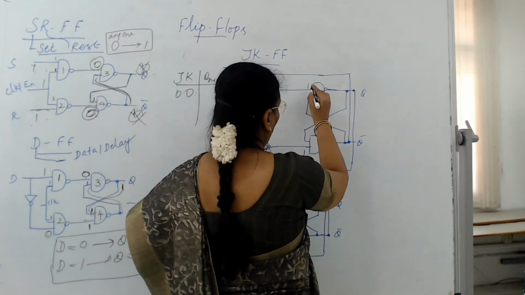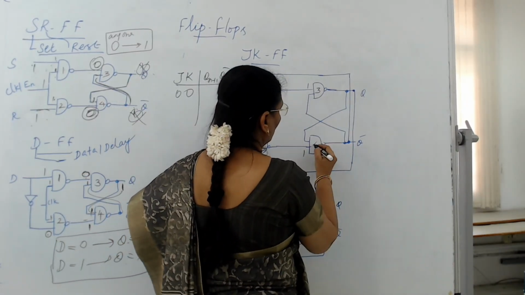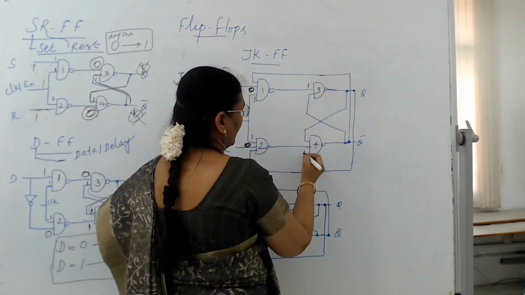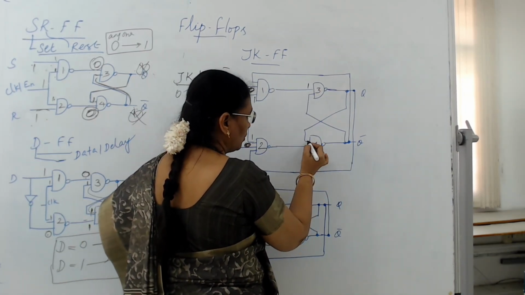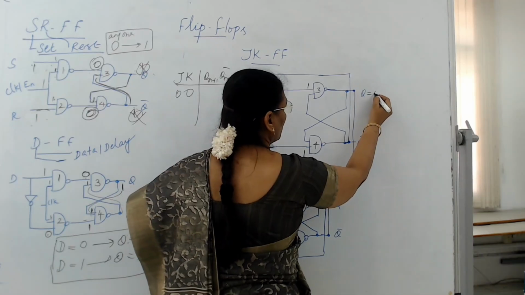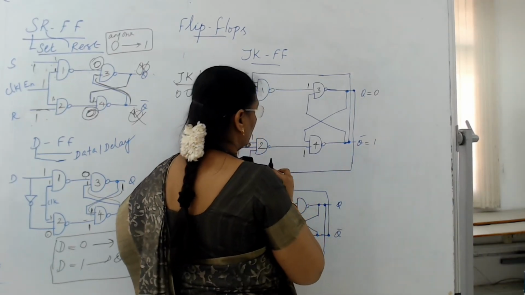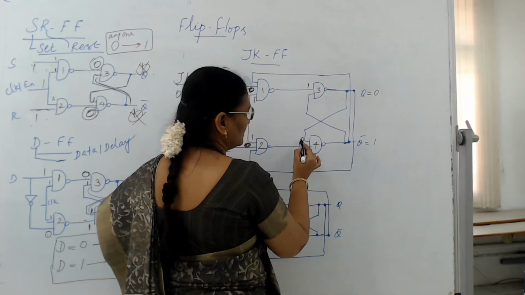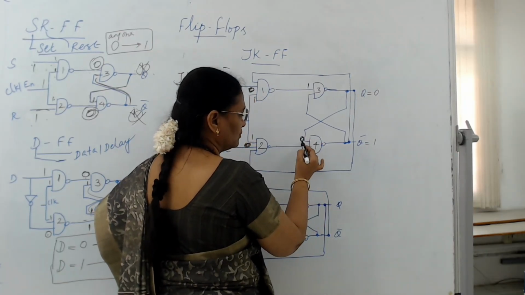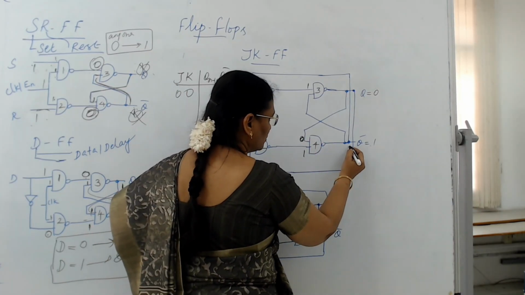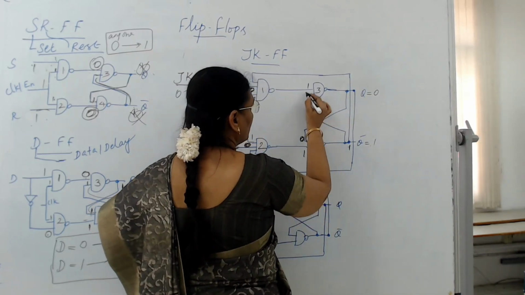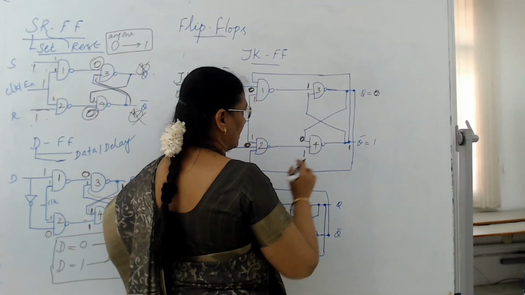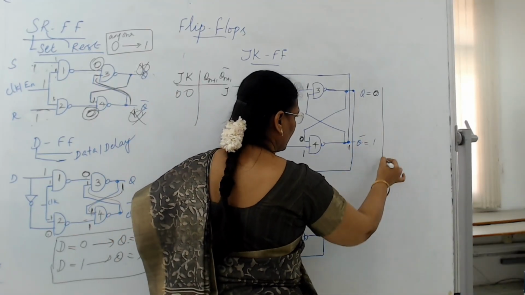And if it is 1, 1 for the third NAND gate and fourth NAND gate, here we cannot predict the output. Since it is 1, 1, I cannot predict the output because it is dependent on the second input. Assuming that Q is equal to 0 and Q bar is equal to 1. So if Q is 0, this 0 will be given here. Since one of the inputs for the fourth NAND gate is 0, it will become 1. So this 1 will be given here. So 1, 1, the output becomes 0. So if you assume Q is equal to 0, the same thing is maintained.